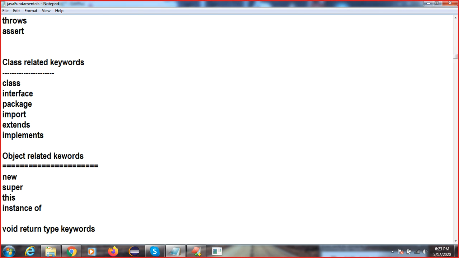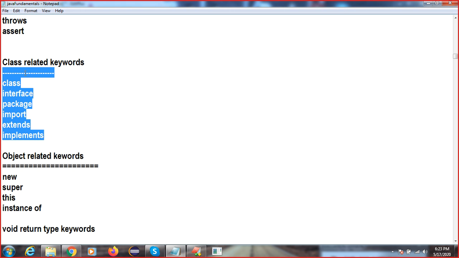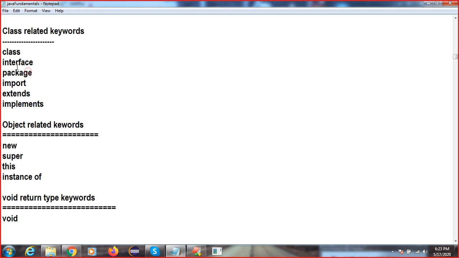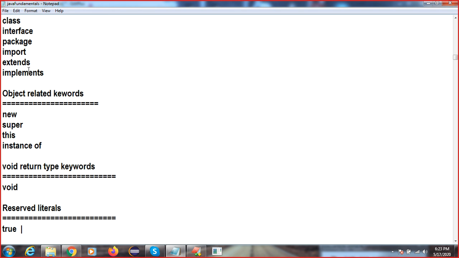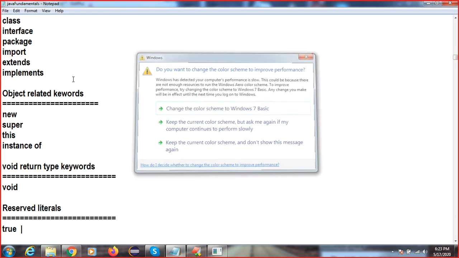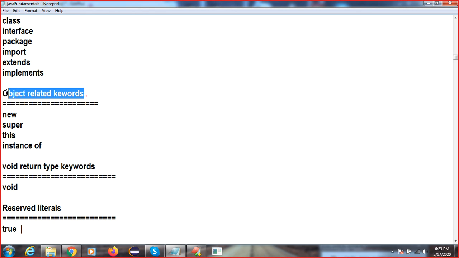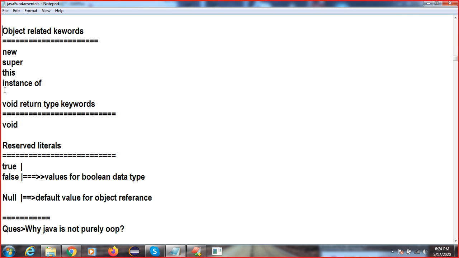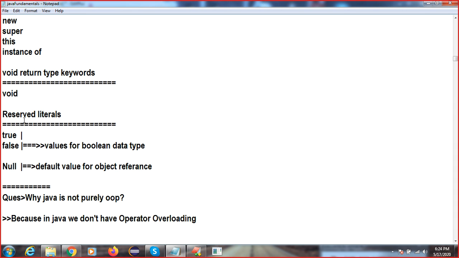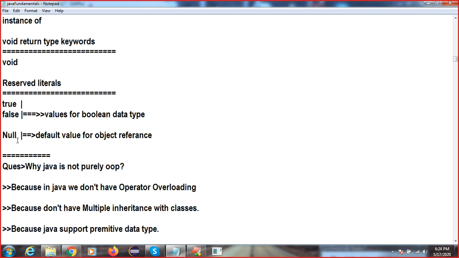And class related keywords: class, interface, package, import, extends and implements. We will use all these keywords in the coming sessions. Object related keywords: new, super, this, instanceof. When you create an object, we don't know yet what an object is, right? In the coming session we will discuss it. Leave it for now, just know that these are the reserved words. And we have void, and reserved literals: true, false and null.